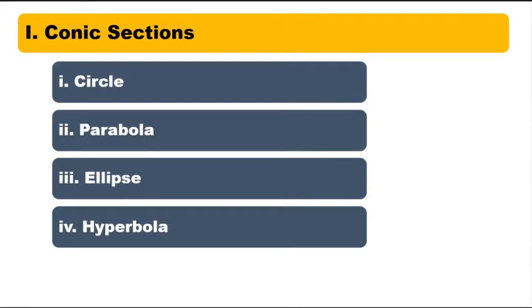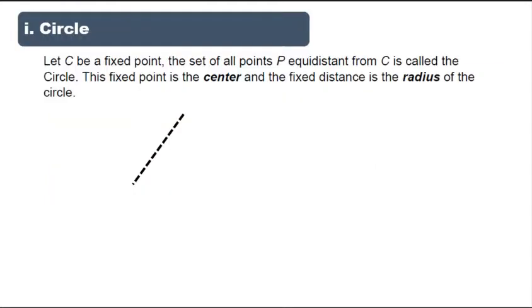And if you observe, conic sections, again, is divided into 4 subtopics. We have the circle, the parabola, the ellipse, and the hyperbola. Because generally, when we say conic section, these are the 4 conic sections: the circle, parabola, ellipse, and hyperbola. But this time, we will just focus ourselves on discussing the circle. Okay? Now, let's